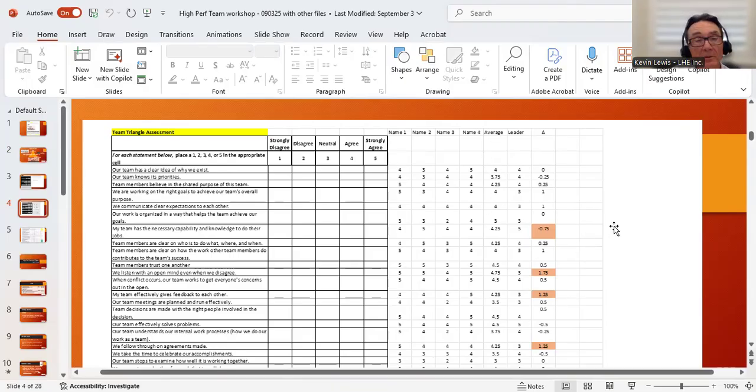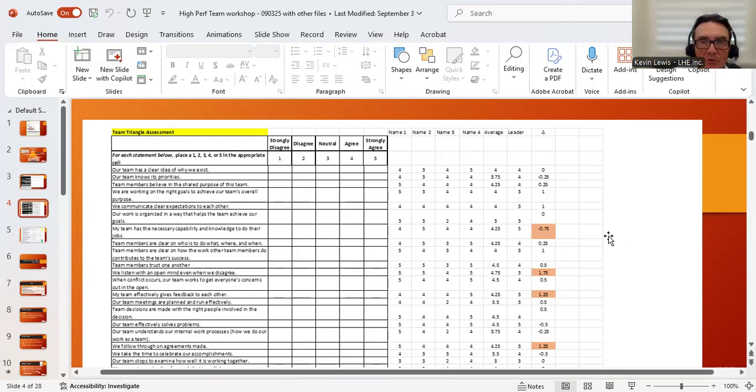And then the other thing is the leader takes this as well. It's very important. So what we could do is compare what the mean score was for the team on a certain item and what the leaders said. And then you never show this spreadsheet on a screen like this. This is just for us. This would be cut and pasted onto a PowerPoint. I'll show you that when we get there.